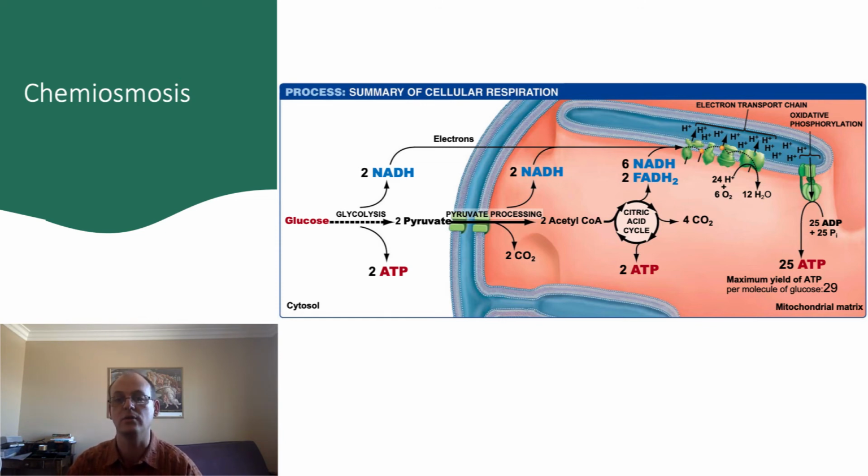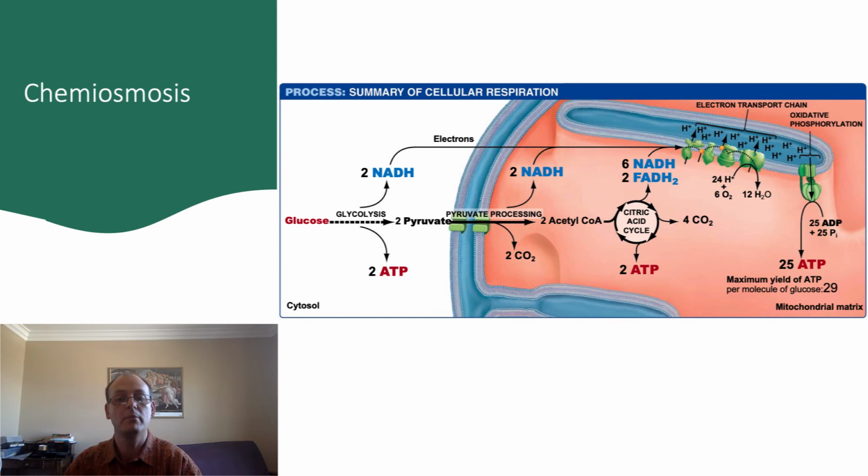NADH, and FADH2. The electron carriers transport their electrons to the inner mitochondrial membrane and deliver them to the electron transport chain. As the electrons travel through the electron transport chain, their energy is used to pump protons into the intermembrane space. The electrons finally end up with oxygen and reduce it to water. The proton gradient that was built up in the intermembrane space is used to drive the production of ATP by oxidative phosphorylation.